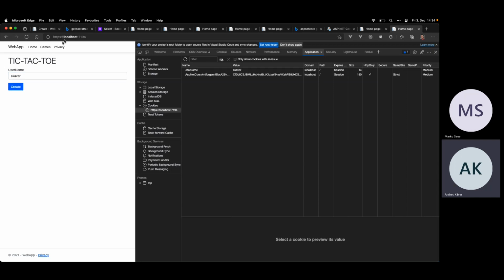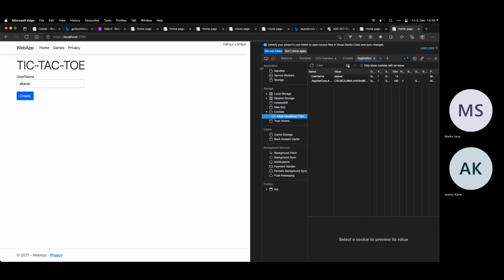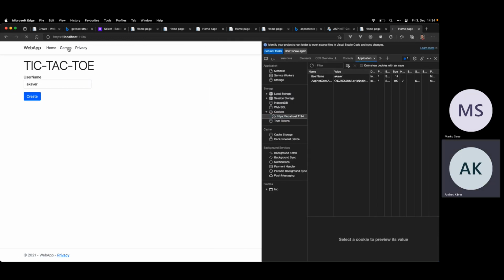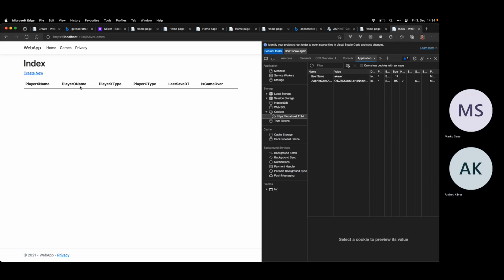Create. Yep. And now I have the games. So it did the redirect, set up the cookie, loaded the page, and actually didn't load the page, just returned the redirect result, and the browser reloaded the page once again. So it actually made like two round trips. So now I have the username accessible for me all the time.